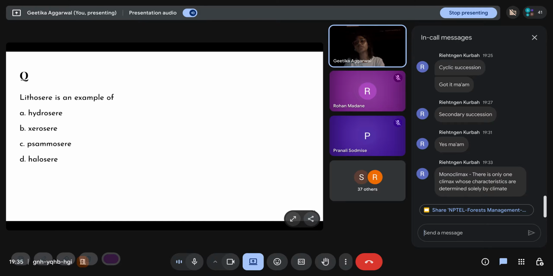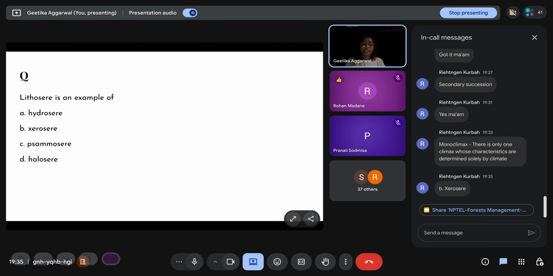So the first question of the quiz. I hope you understood the different concepts that were discussed during the lectures and what I explained today. If you have any doubts, you can stop me anytime and ask. My first question in the quiz is: lithosphere is an example of hydrosphere, xerosphere, thermosphere, or halosphere? Xerosphere, correct. We just discussed in the serial communities that lithosphere is an example of xerosphere where the succession starts